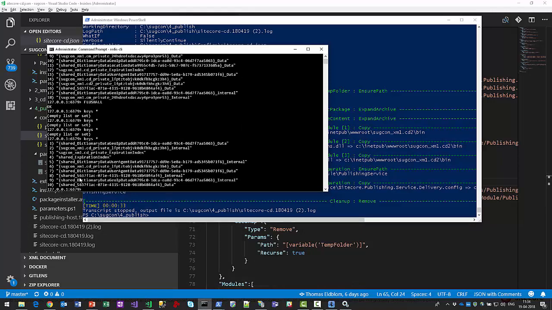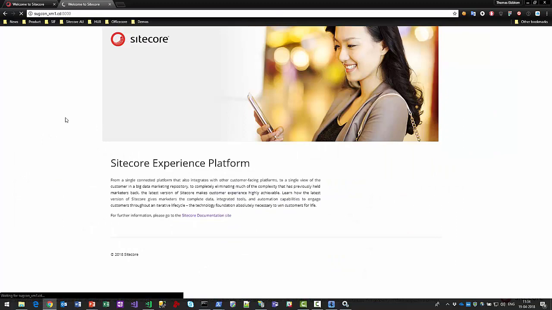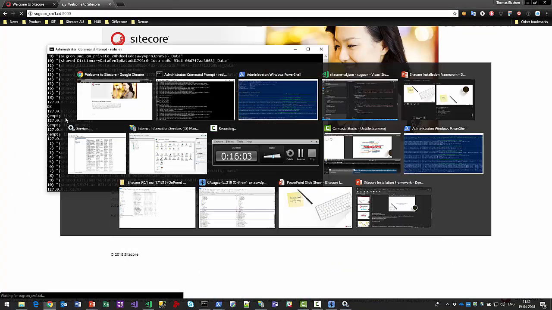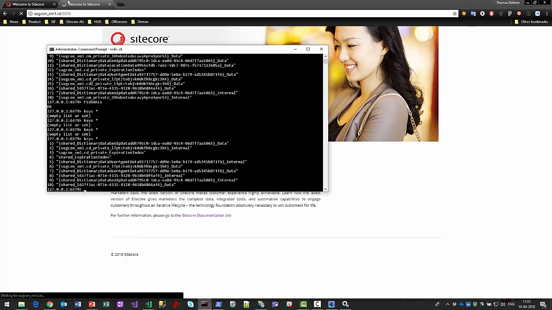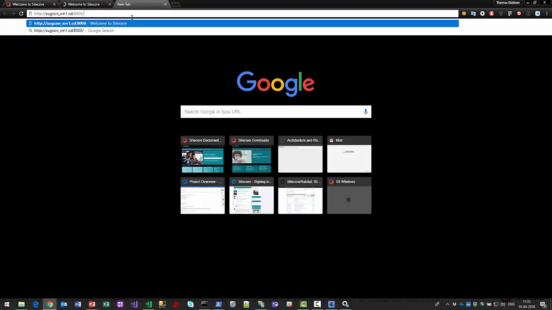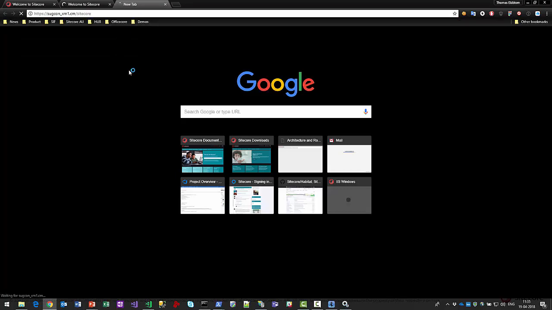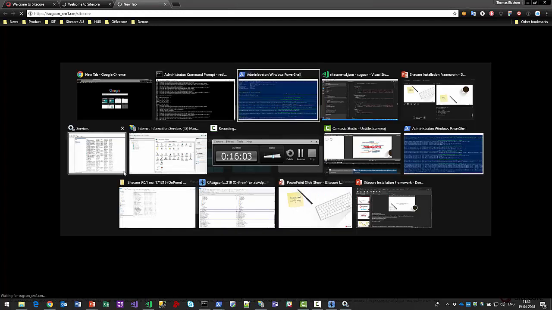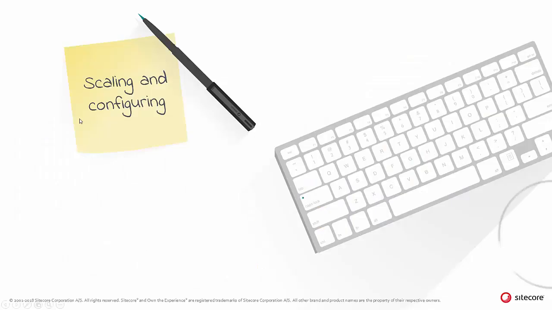So what you can see here is we've got the XM1, the CD, not the CD2. So that's the one we hit with the first request. Now the publishing service might have reset the path, so I can go and start this. I can also go onto the CM server. Now I need HTTPS, go /Sitecore. So that'll start up the XM1 CM server, and show how the publishing service actually works in that. While that's ticking away, I'll go back and